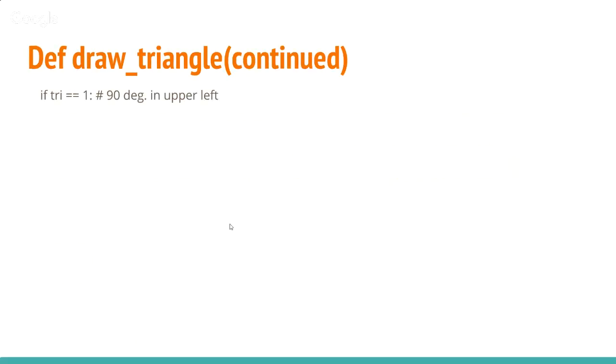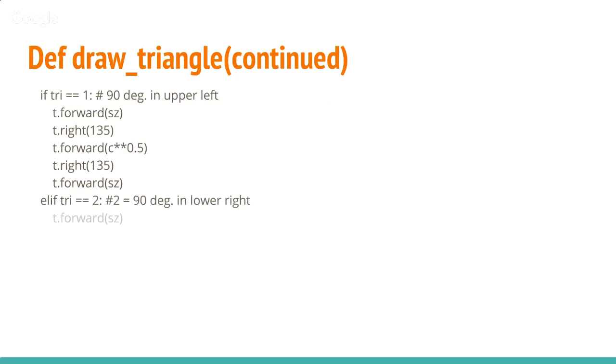So if try equals 1, it turns right by 135 degrees, moves forward by C, as in the square root of C, and then turns right again by 135 and moves forward by